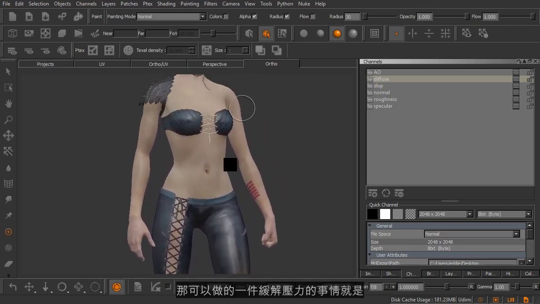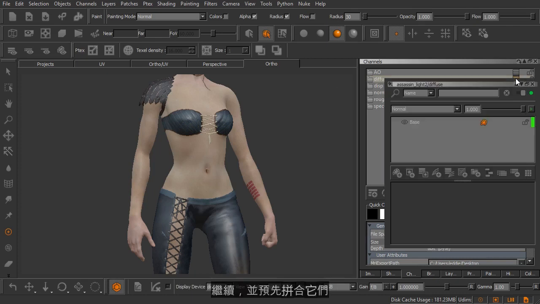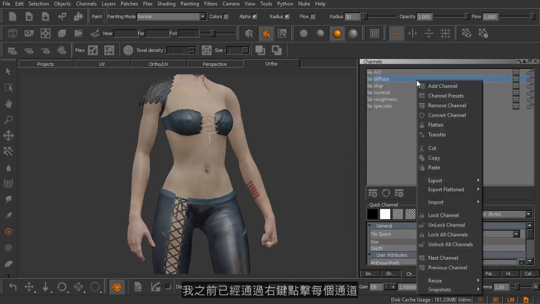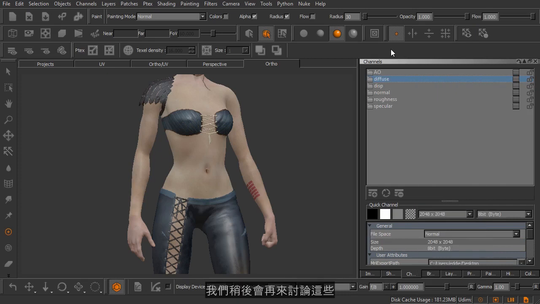One thing you can do to mitigate this, what I've done here with this particular version of the asset is I've come into my texture channels and I have gone ahead and pre-flattened them. And I've done that just simply by right-clicking on each channel and choosing the flatten option. Now, we'll talk more about that here in just a moment, but I want to show you how this feature